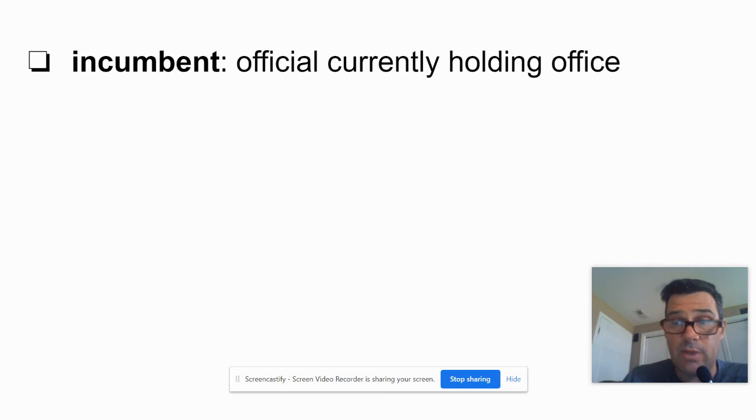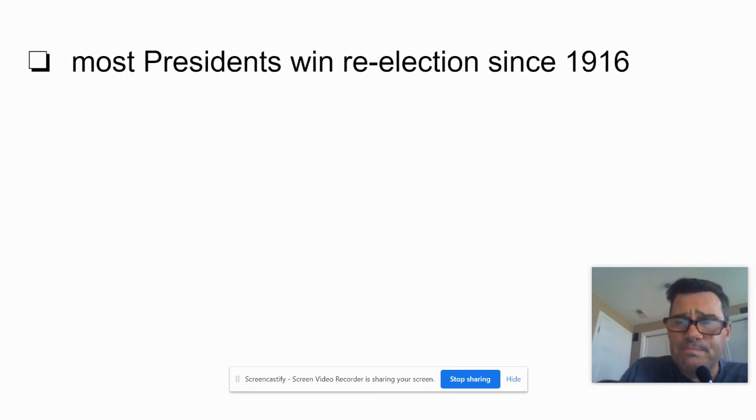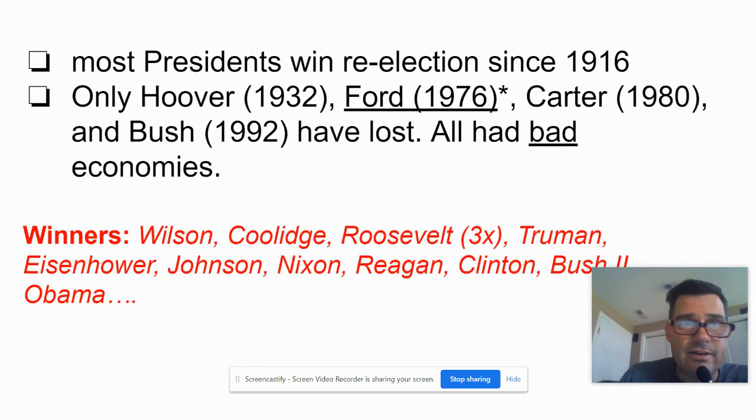So 2012, President Obama. 2020, President Trump. 2004, President Bush. They're the incumbent. By the way, just a little history. Most presidents win re-election since 1916. So if you go back 100 years, if you are the incumbent, you are highly likely to win. In fact, only Hoover in 32,